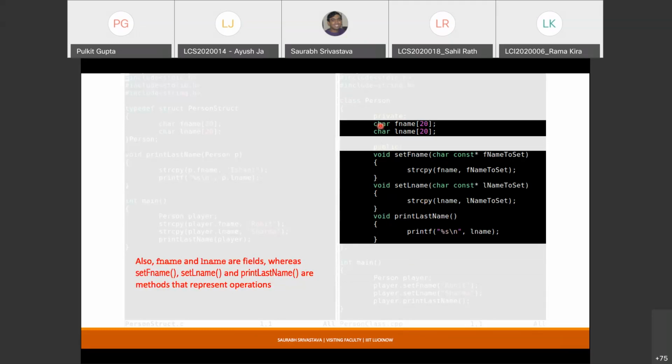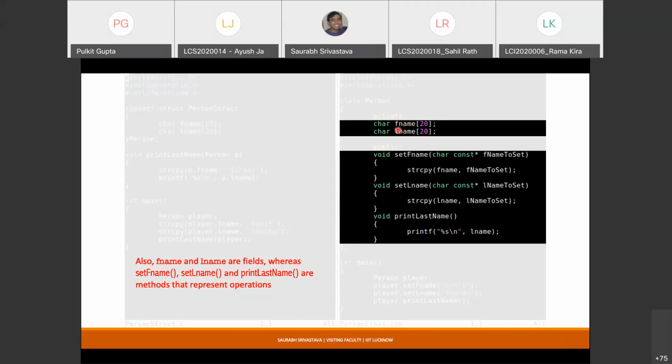Okay. So just to summarize, I now have some operations along with some fields. You have member variables, and these functions are going to operate over those member variables. These functions cannot be directly called or invoked. The syntax to call them is very similar to the syntax that you use to access these member variables, right?